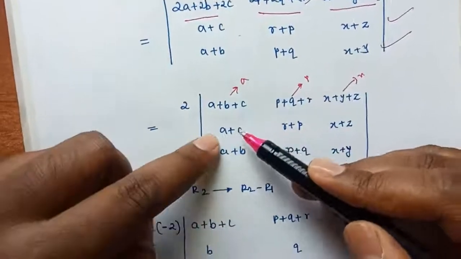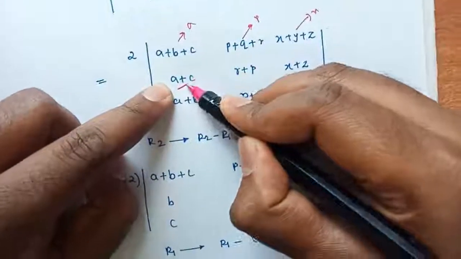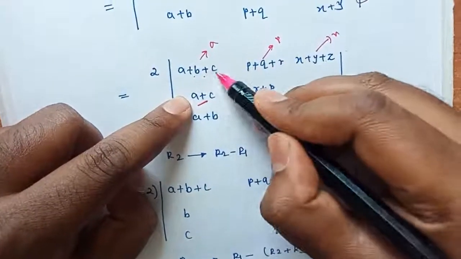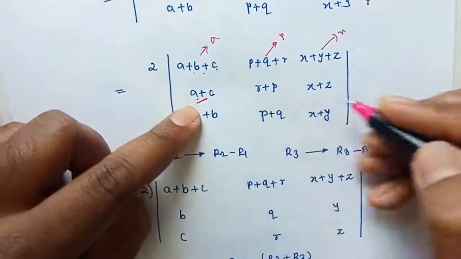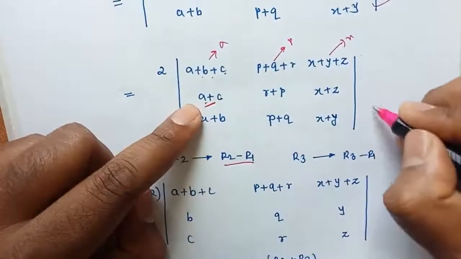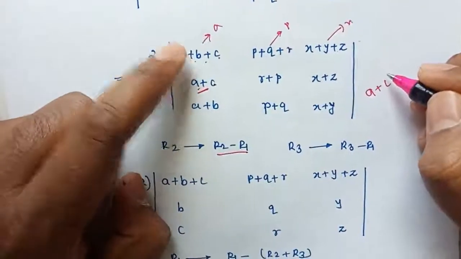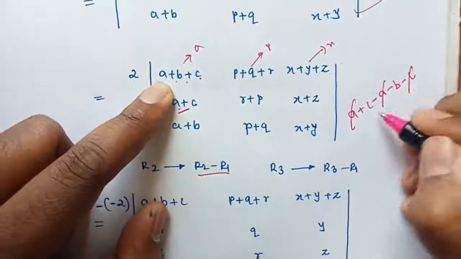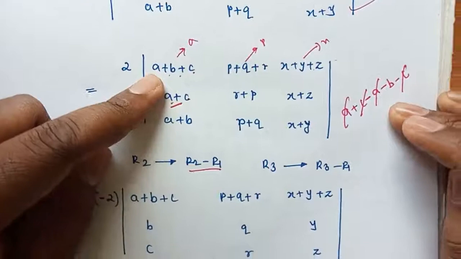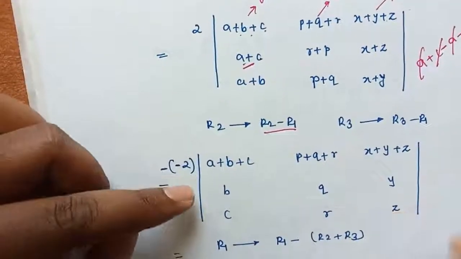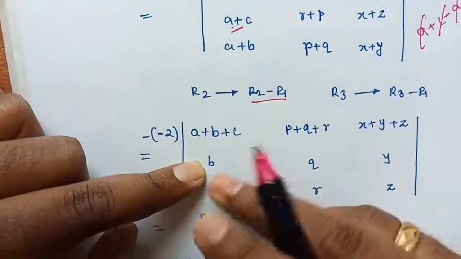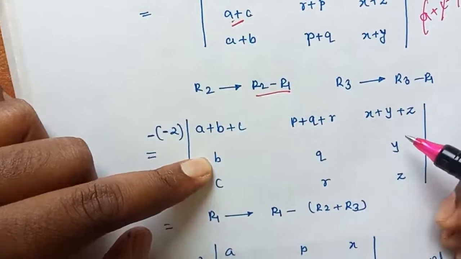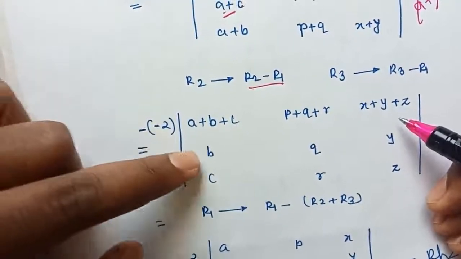Now this R2 minus R1 means I will subtract A plus B plus C from A plus C. So in R2 minus R1, A plus C, this I have to subtract, so it will become minus A, minus B and minus C. So plus A minus A and plus C minus C cancel. So what I am going to get is only minus B here. So here also minus will come, even here also minus will come. So what I have done is, this minus I took common, so minus 2.